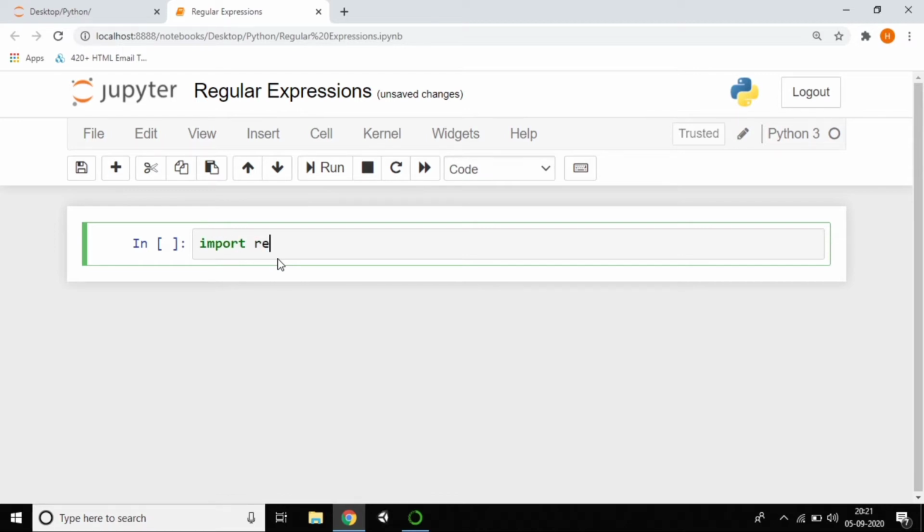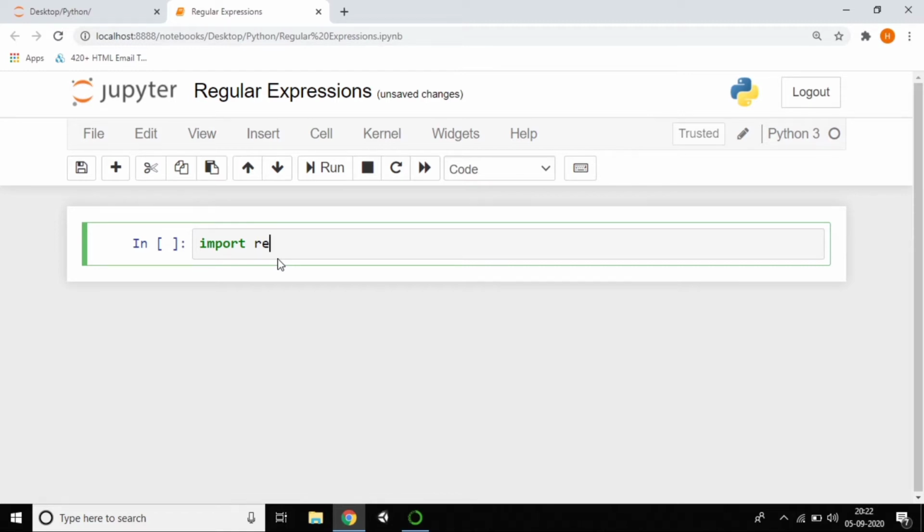It is an inbuilt module. I already explained default modules in detail in the previous tutorial, and we use them the same way here.